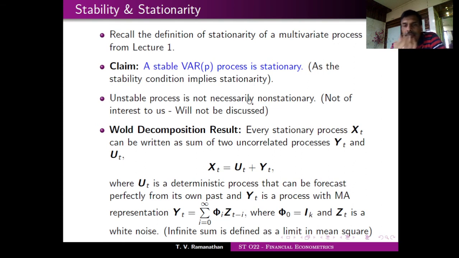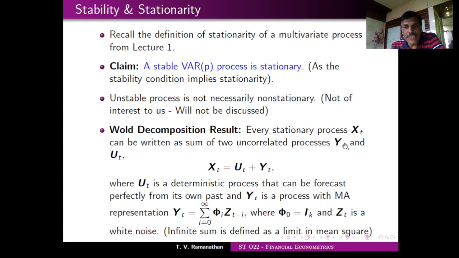Okay? Now, there is an associated result, which I am just stating without any proof. Perhaps you might have heard about this when you were reading time series analysis. The result is very simple, but it is heavily used in most of the stochastic process literature, especially when you are proving normality of test statistics, etc., or of an estimator. What is this result all about?